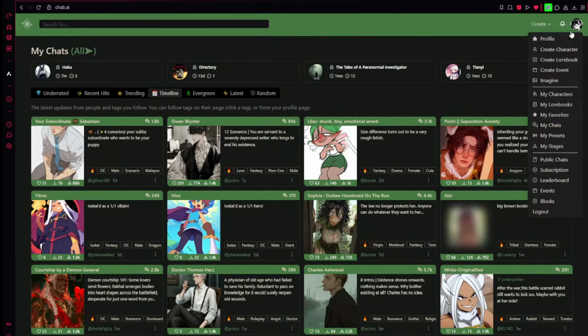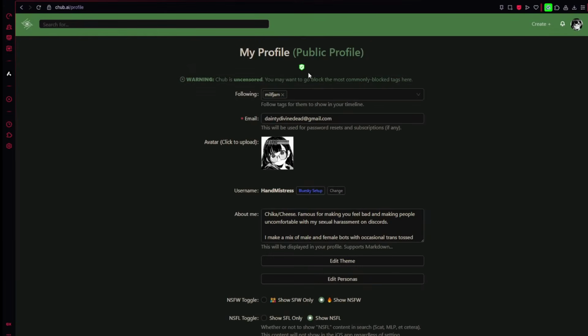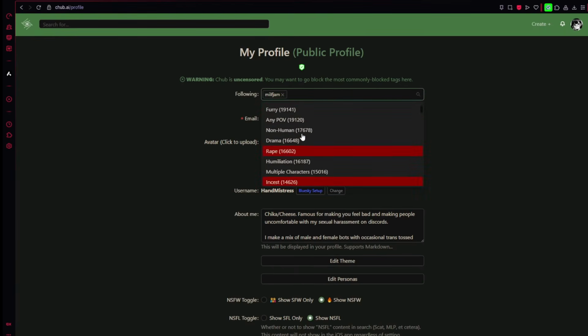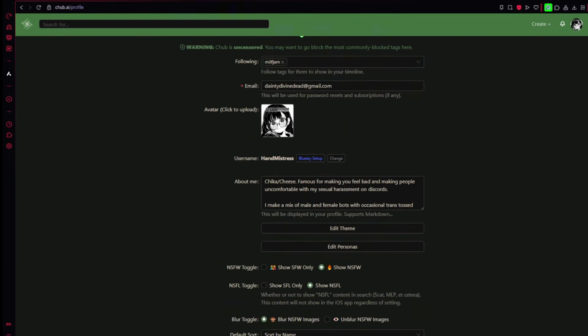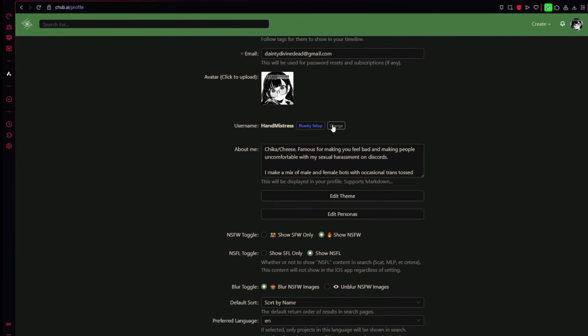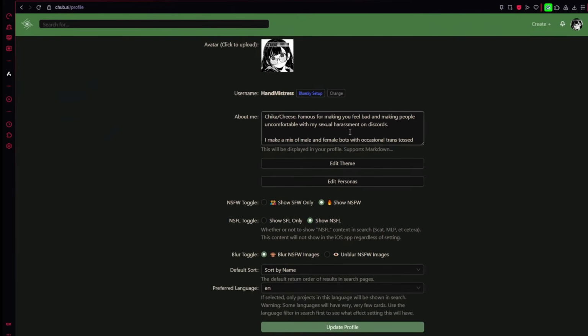Now, we're going to go back to Profile, and I'm going to finish walking you through the rest before we get into everything. You can follow certain tags, like maybe you want to see any furry bots. You can follow these tags, your email, it's self-explanatory, your avatar, your username, which you can change, your about me, you can use Markdown,